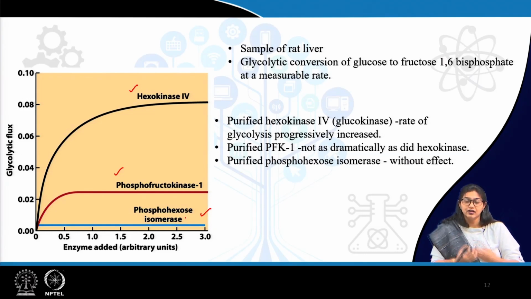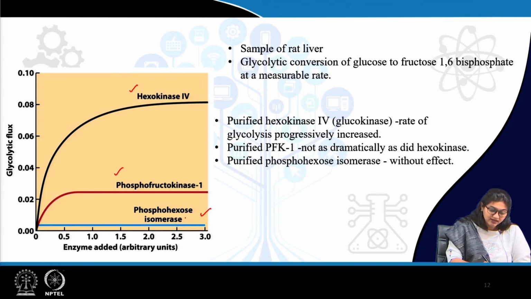From rat liver. So, the liver of rat is isolated and homogenized. In that homogenized sample of liver, all the soluble enzymes are there. Glycolytic conversion of glucose can be done through this homogenate. Now, while conducting the glycolysis, what additionally is done? Here you can see